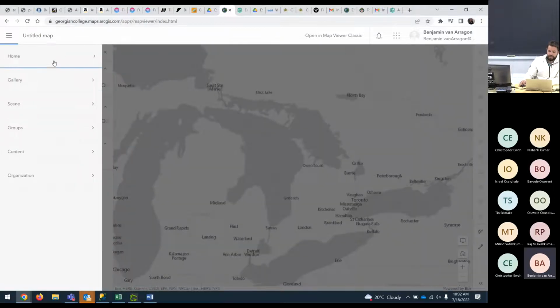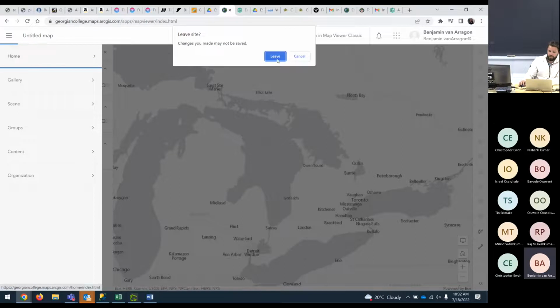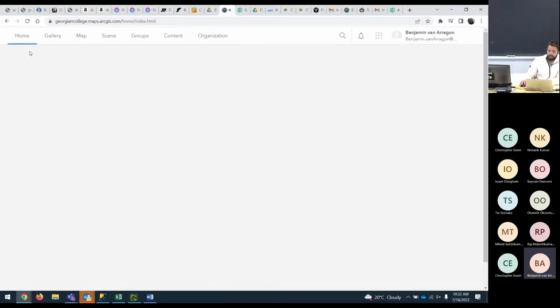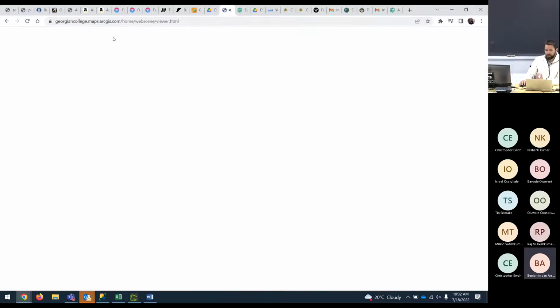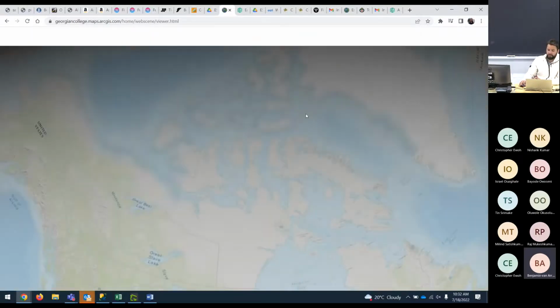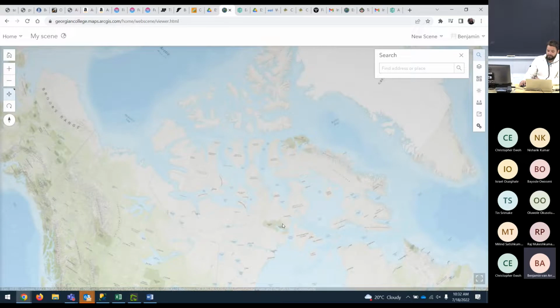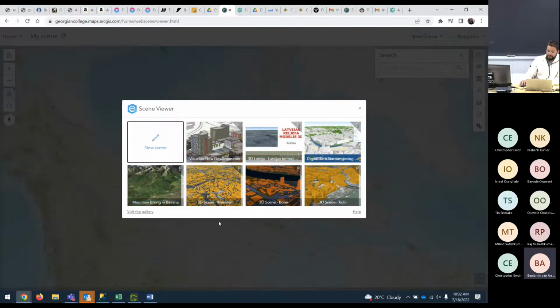It kind of takes you to the application. So I'll go back home and leave because I don't want to save that. But map would be where you would start working on a project. Scene is kind of the newer application that they've developed, and it's very similar to map, but it's like a 3D